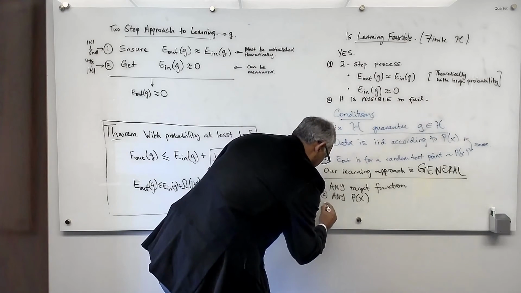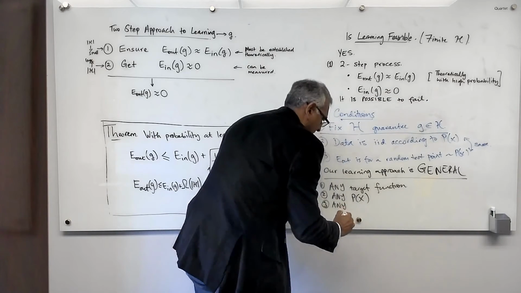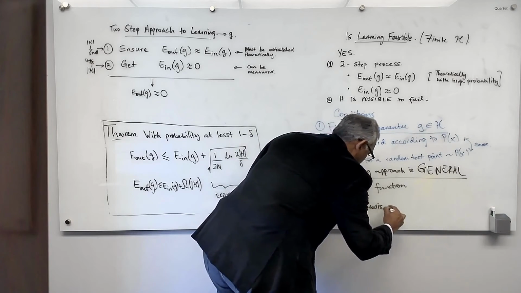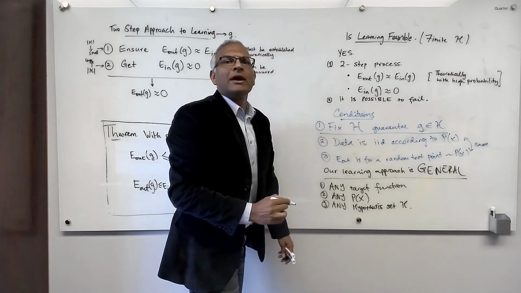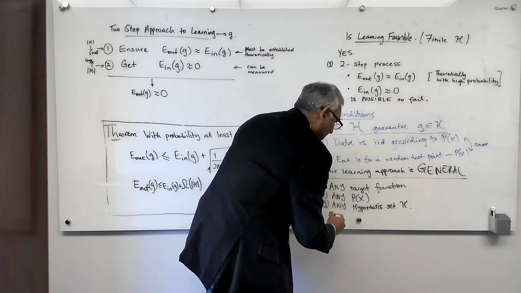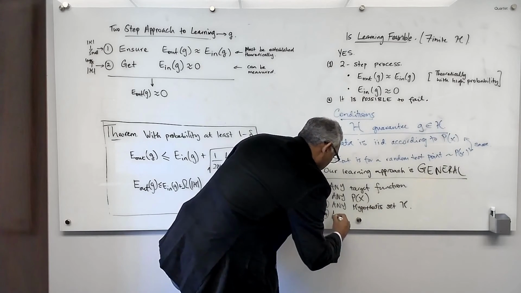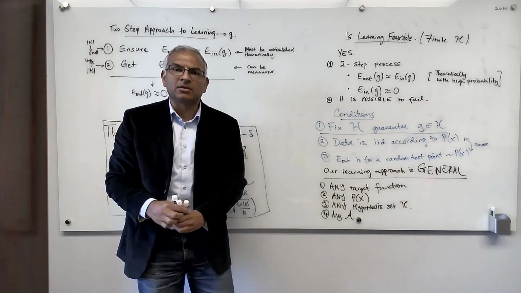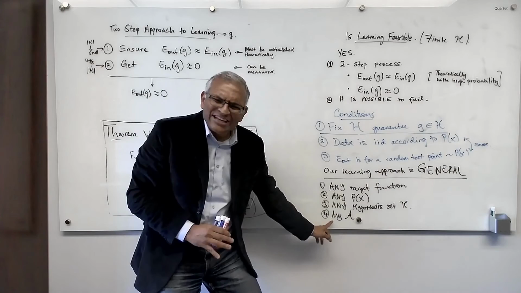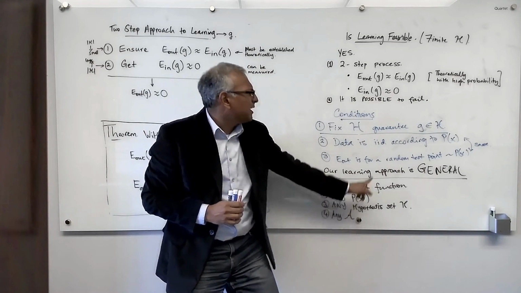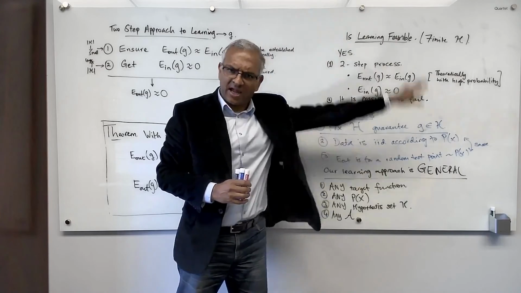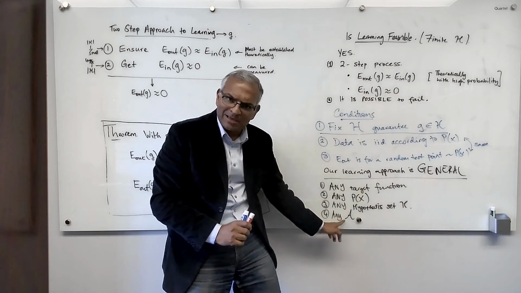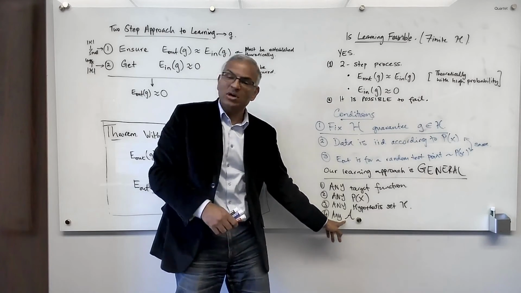So any hypothesis set. And one more any. Any learning algorithm A. So in other words, I don't even care how you pick your final g from H. This entire is-learning-feasible theory applies. Any. So you could choose to pick the best looking hypothesis, a mediocre looking hypothesis, the worst looking, whatever.